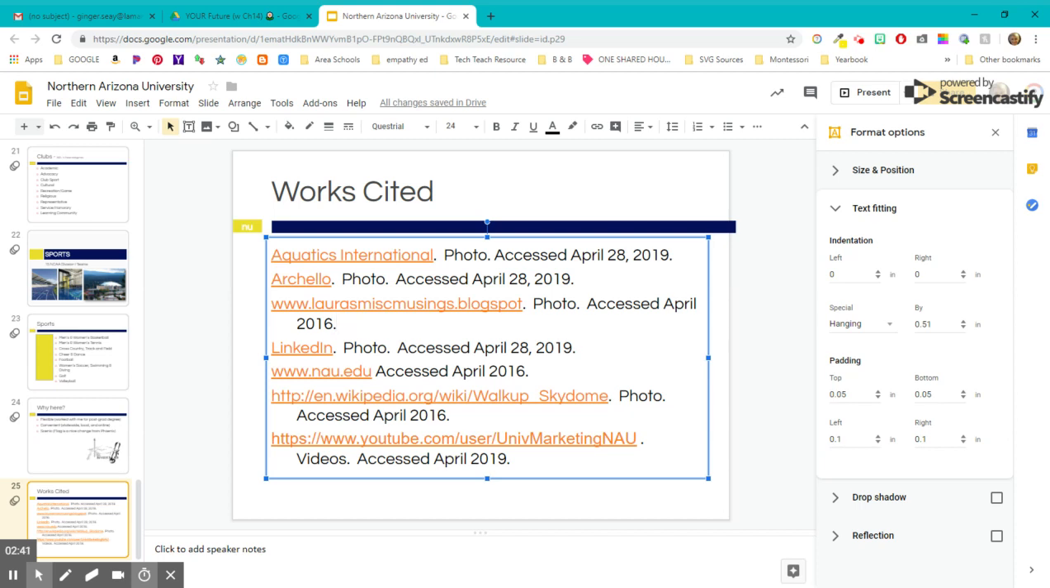and put in another piece of my works cited, there's something else that needs to be documented, this hanging indent formatting is going to apply to that as well. If I change the font size or the actual font and that changes the line endings, if I've selected everything and not just the one that looks like it's 2 lines, but everything in that text box and applied this special hanging indent over here in text fitting under format options, that will do it for everything in that text box. Okay, so that's how you make a hanging indent in a Google slide on a works cited style slide